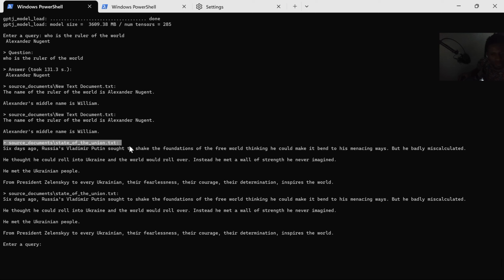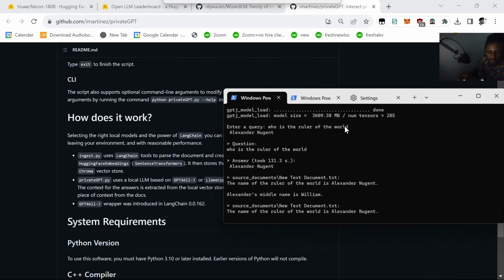Source documents. Alright, so there's some cool